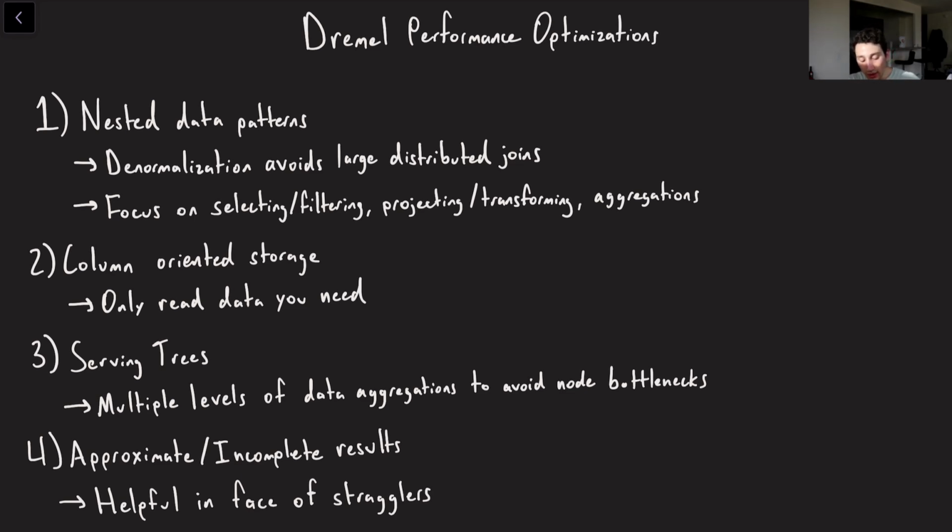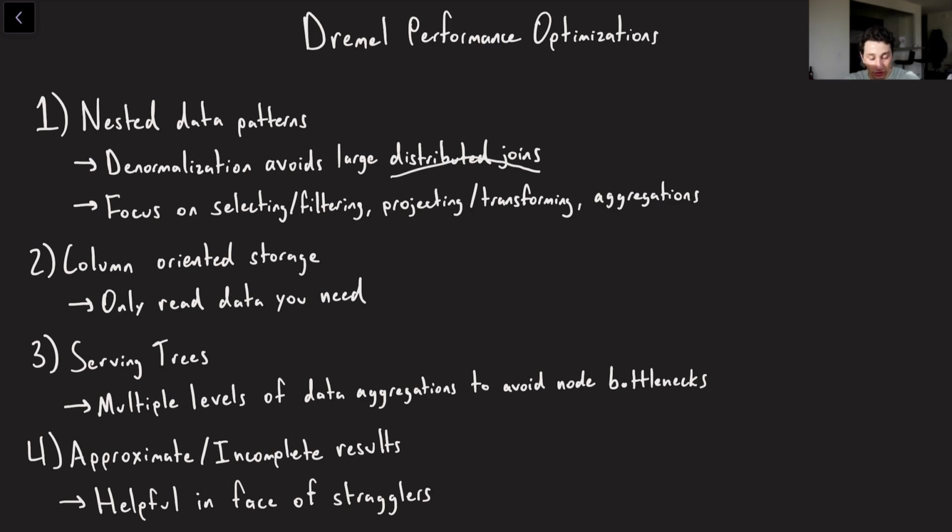Number one is that Dremel is going to allow us to use nested data. So this is very nice in terms of denormalization, right? Because if we were talking about a typical SQL database, if we wanted to express some sort of row having a bunch of inner nested data, we would basically have to use multiple tables and join them together. And it turns out that at such a massive scale as Google often operates at, those massive distributed joins are not as feasible. And a lot of the time, you can actually just keep everything in one row and keep it denormalized. And so basically that's what Dremel is going to allow us to do.